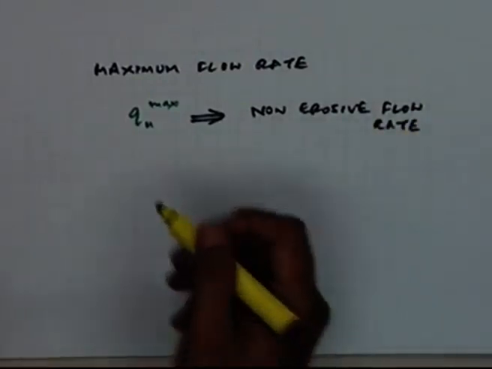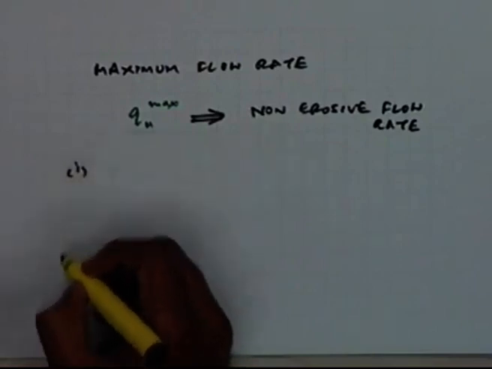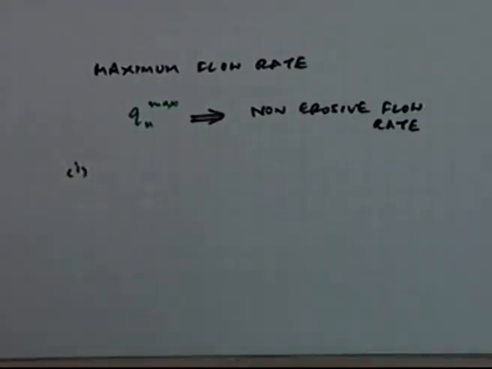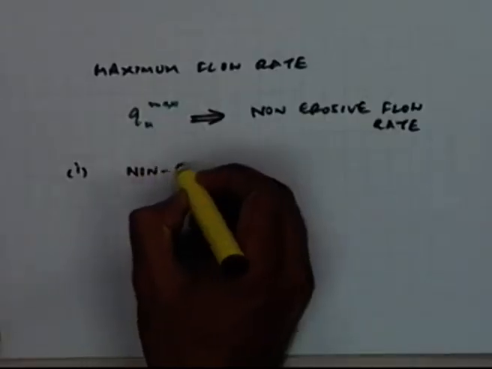And the two conditions are in terms of what type of crops you are having. The first variety of crops are those crops which are non-sod forming